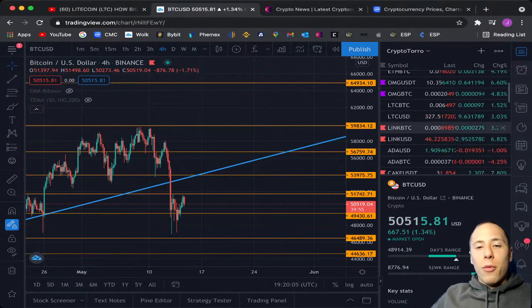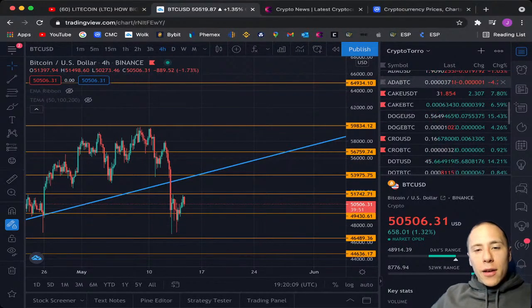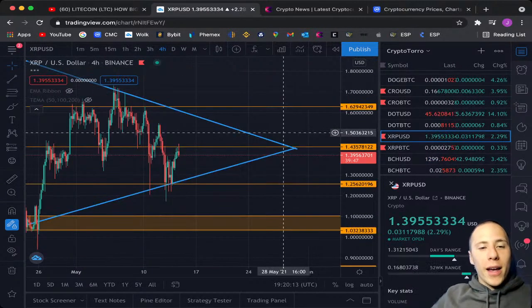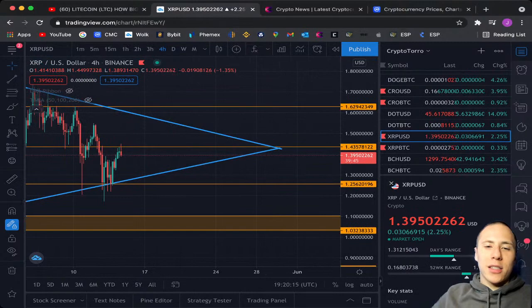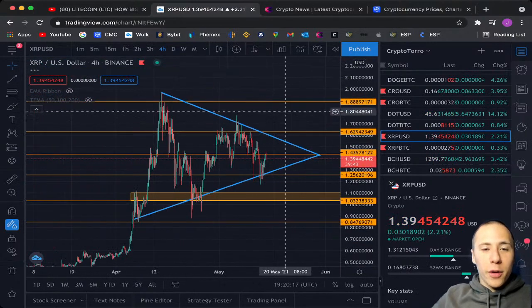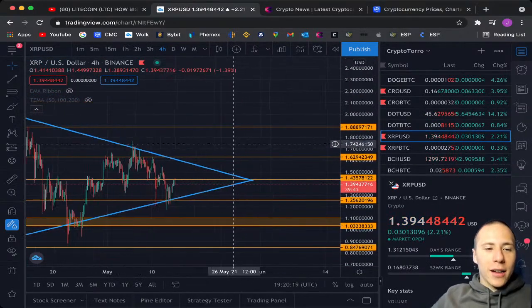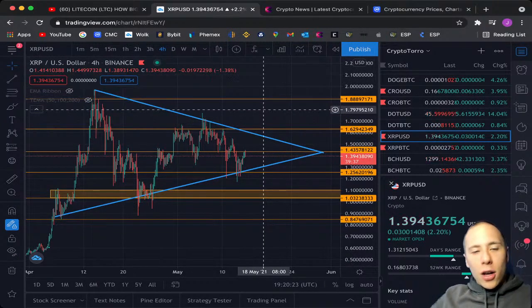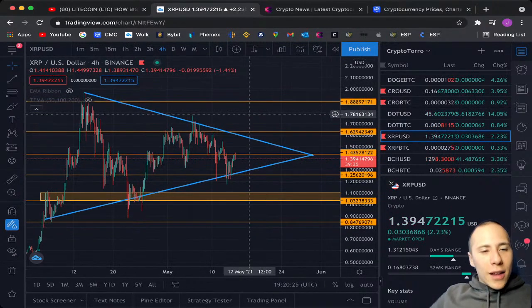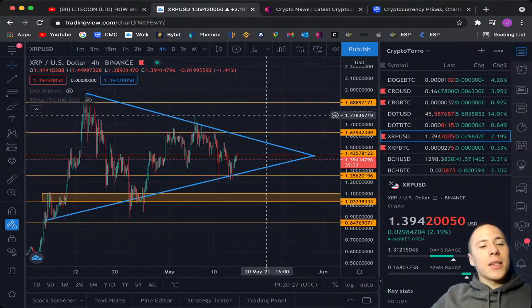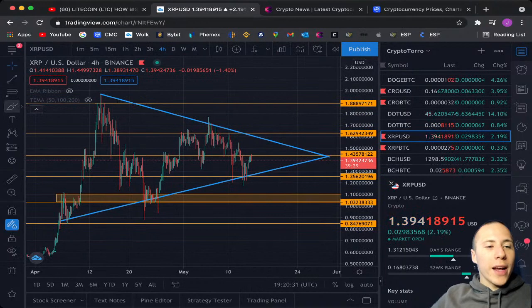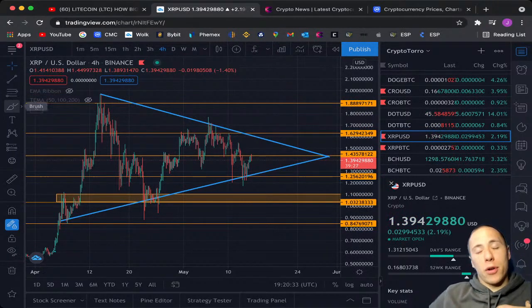But I wanted to show you once again a very important chart, and that's actually the XRP chart. Why I'm so bullish on XRP is just because it's incredible what we are actually looking at. As I showed you before yesterday, and also during my video, XRP is inside of this symmetrical triangle and is absolutely going to break out towards the upside. That's just my personal opinion, of course.